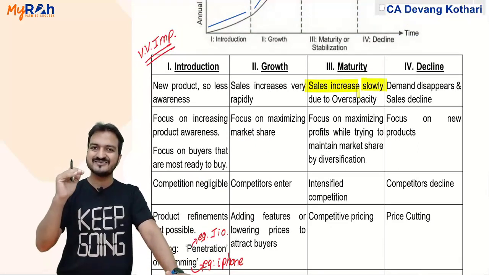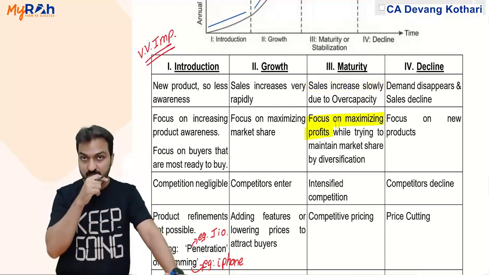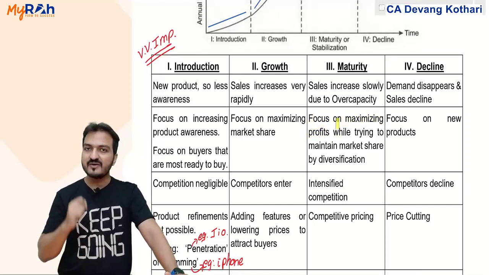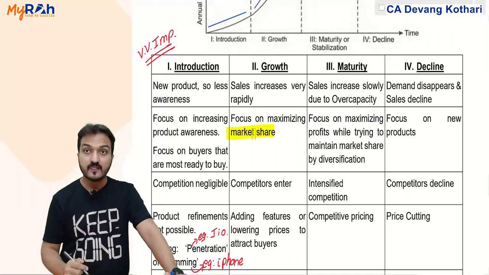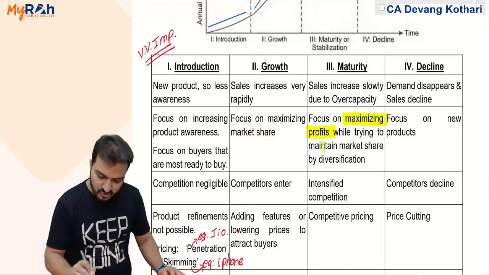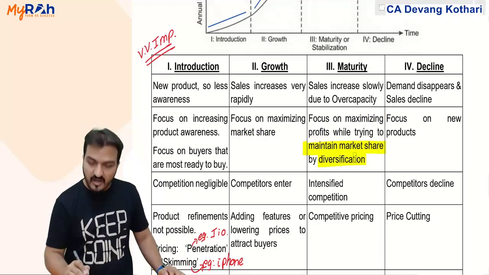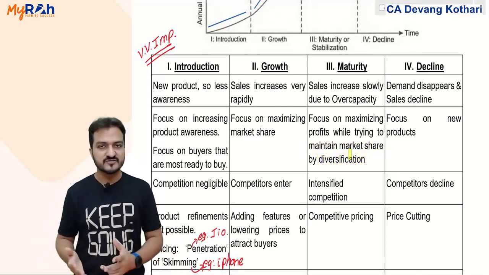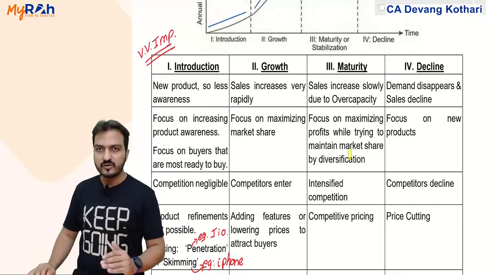This is the one where your production has reached the maximum. Now my focus is on maximizing the profits. I know that my sales are not going to increase further. I know that market share is not going to increase further. So my focus is to maximize the profits at the existing sales and to maintain the market share, not increase, maintain the market share. This can be done by diversification. Diversification meaning I launch some more similar products, and along with that, I launch some accessories, in order to maintain that market